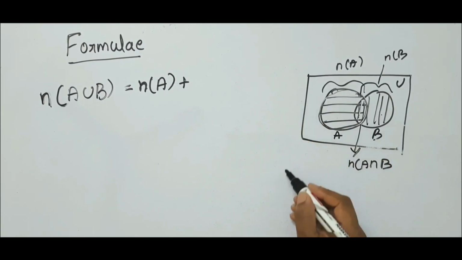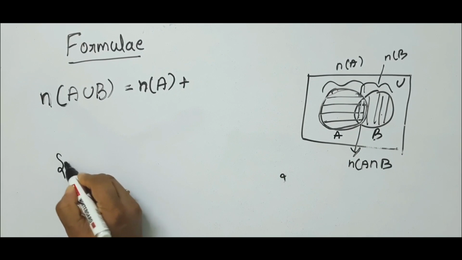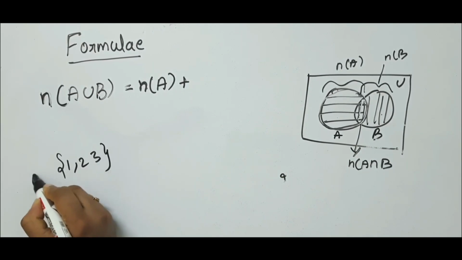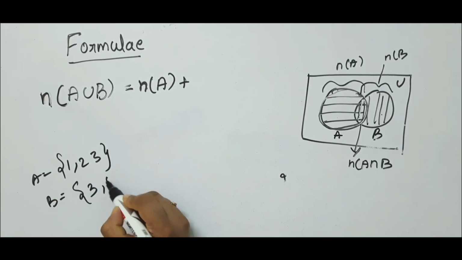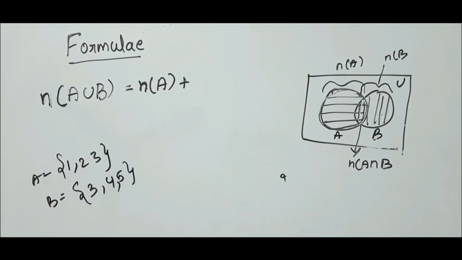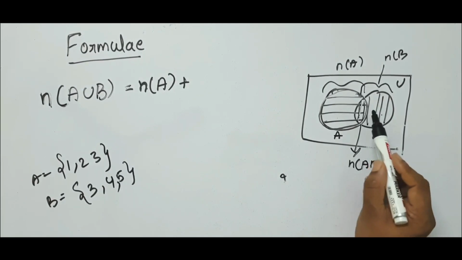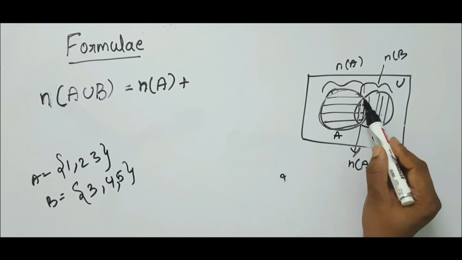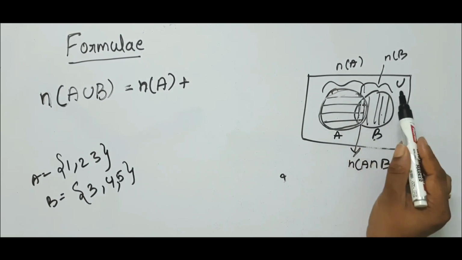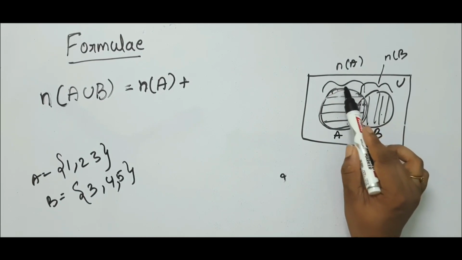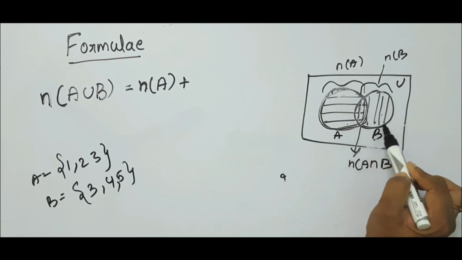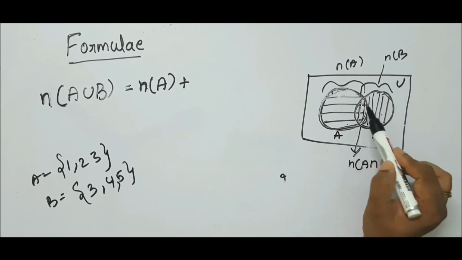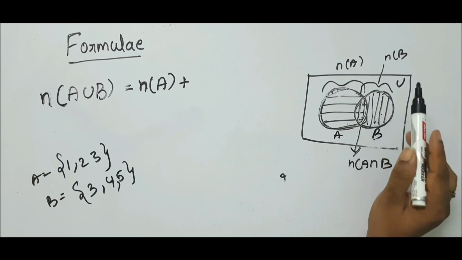Normally, if it is in set format, then you can easily count, is it not? Suppose A is equal to 1, 2, 3 and B is equal to 3, 4, 5, we can easily count. If it is in Venn diagram format, it is clear that we have to count this part also to get the number of elements of this set, because this whole part indicates the set A. Similarly, this whole part indicates the set B. So when we want the number of elements of set B, the elements in this part as well as this part, we have to count.